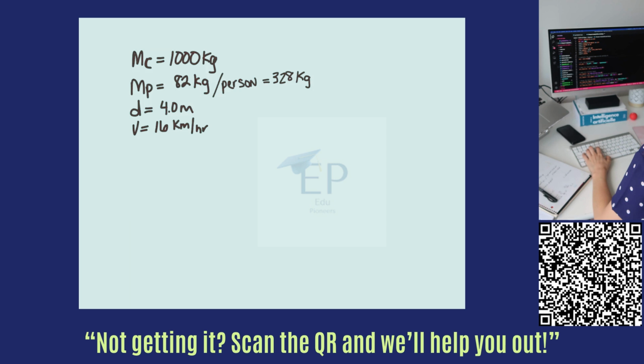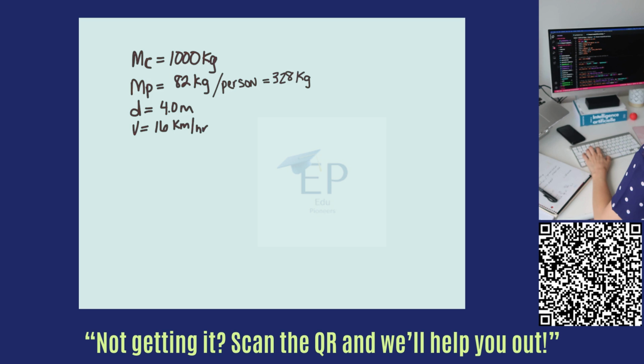Alright, in this problem, we are given the scenario that we have a car that has a mass of 1,000 kilograms, and inside the car are 4 people, each with a mass of 82 kilograms, so a total of 328 kilograms. And it's traveling down a dirt road that has corrugations that are 4 meters apart. And it is also given to us that the car bounces with its maximum amplitude when its speed is at